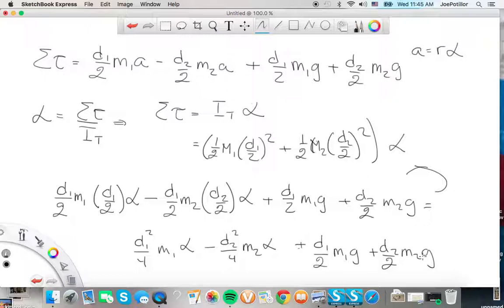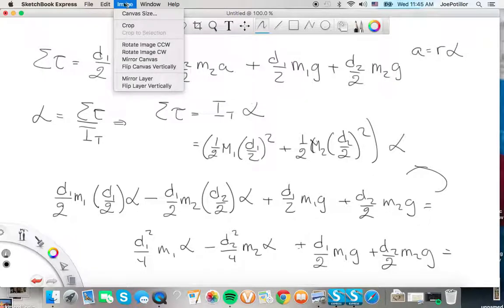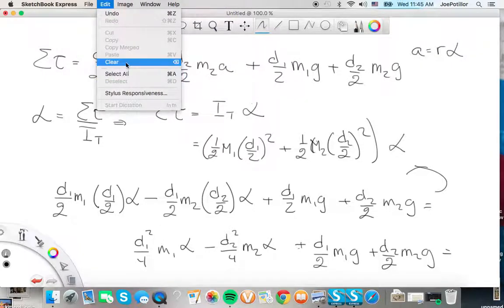Now we're going to take the alphas and put them on one side of the equation. So that all equals this. So after all this, can I erase it? Yes, no? Well, I'm going to erase it. Okay. So after all this mess, we have to do like this. We end up with